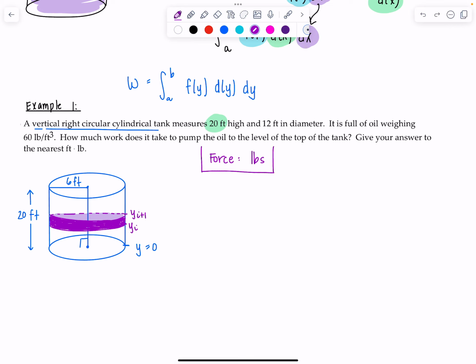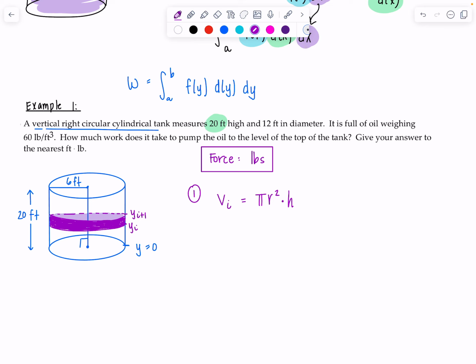So the first thing I need is the force required to lift a layer out. I'm gonna get there step by step. Step 1, find the volume of this oil layer. So I'm gonna write V sub i. Sometimes you'll see delta V, or you can just write V, it's not that big a deal. What's the volume of this little oil layer? Well, look at it. It's got a circular base times the height. Circular base would be pi r squared